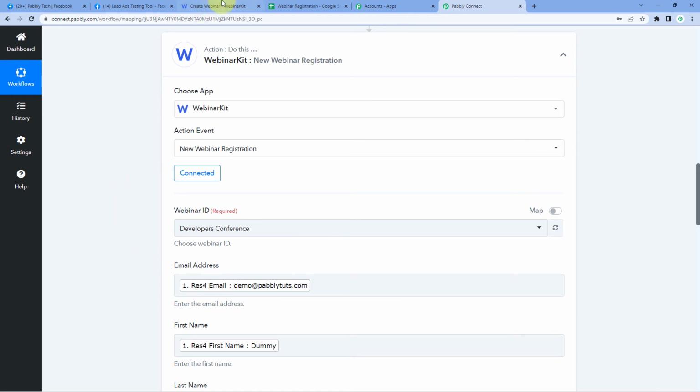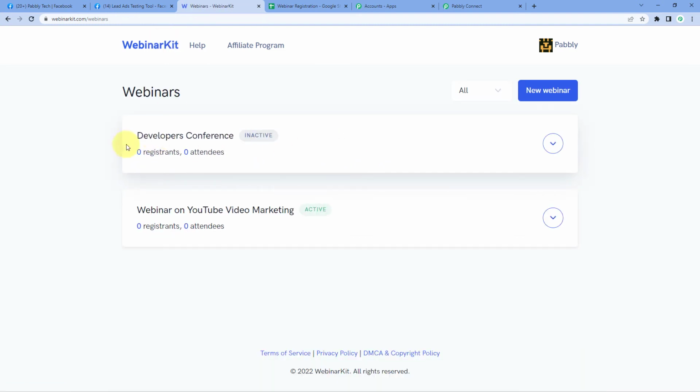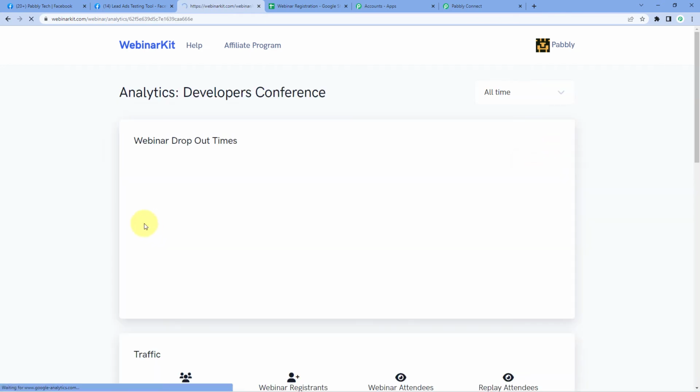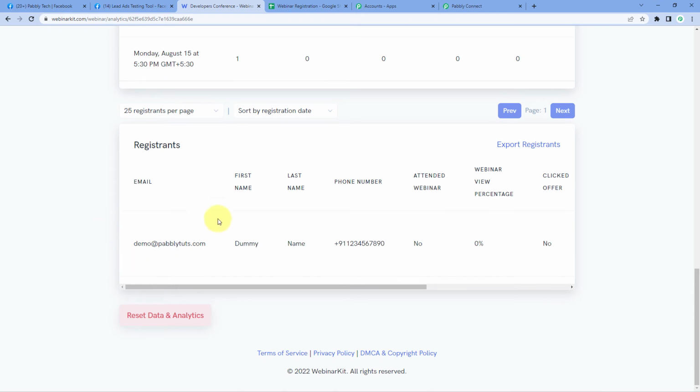So let's check. We'll go to WebinarKit, just go to the home page once again. And this is the actual webinar, developers conference. Let's click on this arrow and click on View Analytics. Let's scroll down. And yes, guys, we will see that dummy name, the same user, the same Facebook lead, which